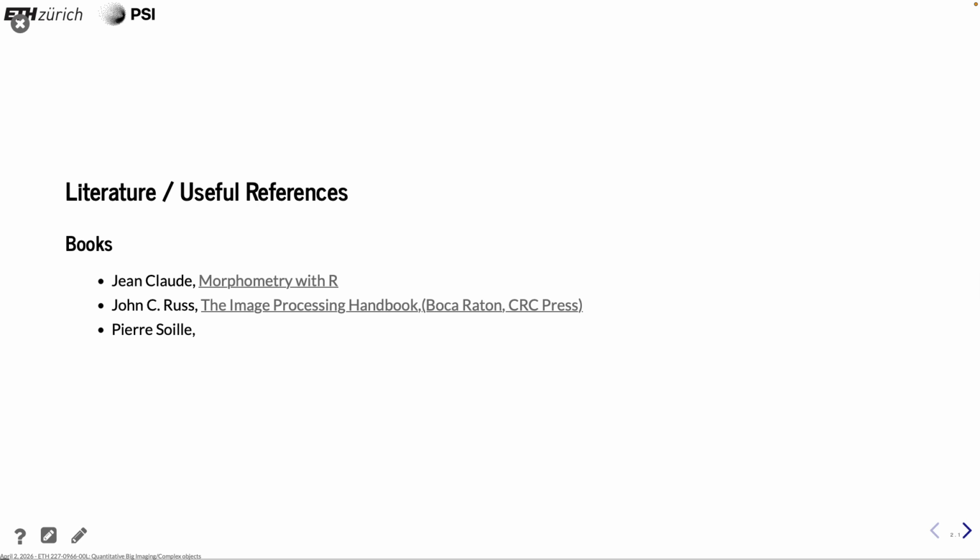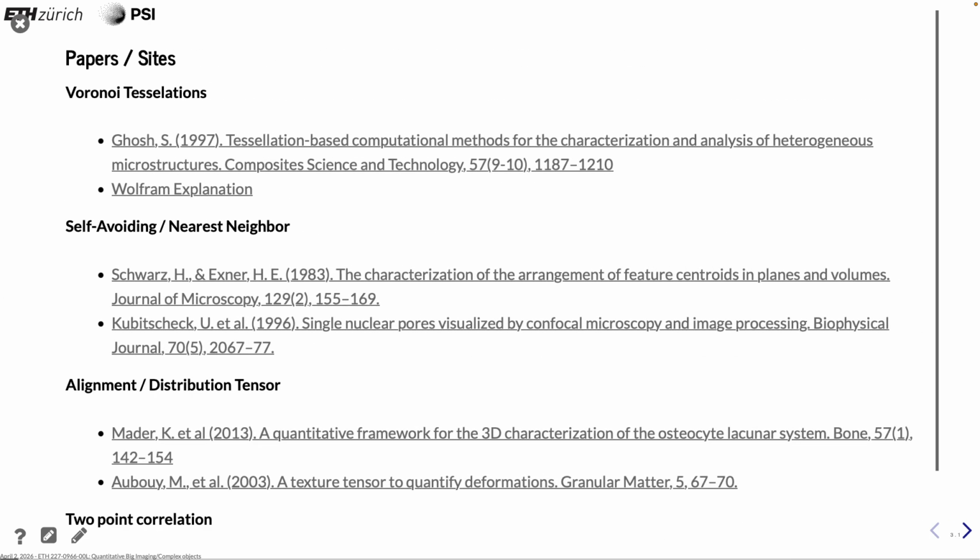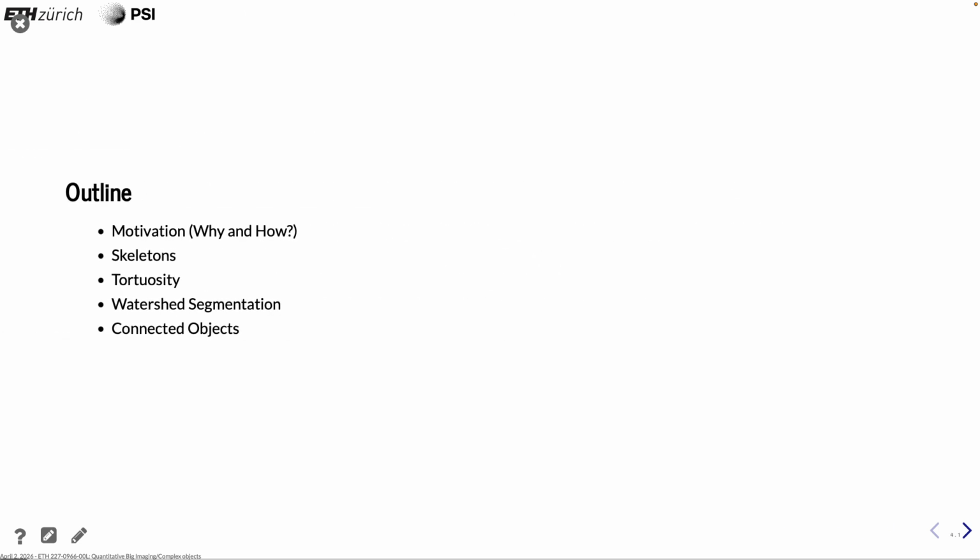I think a lot of the material today can actually be found in Pierre Soille's book about morphological image processing. I see here I forgot to add the title, but it's on other slides as well, so you will probably find it. John Russ also gives you some indication, and there is morphometry in R. I had it a couple of times already. It also provides some information about these things. Some papers and sites to look at, a long list. But in principle,